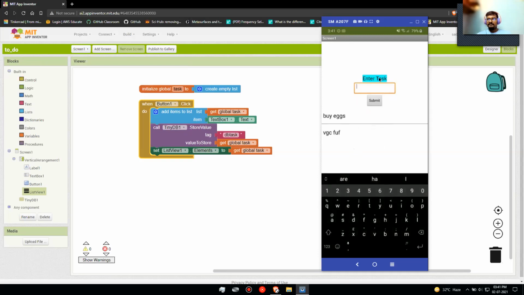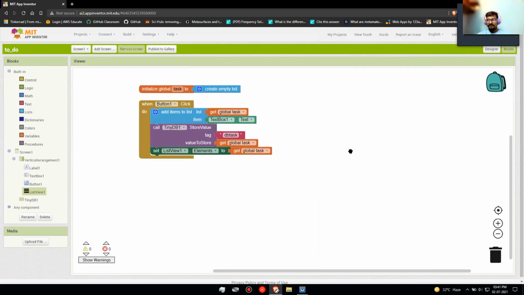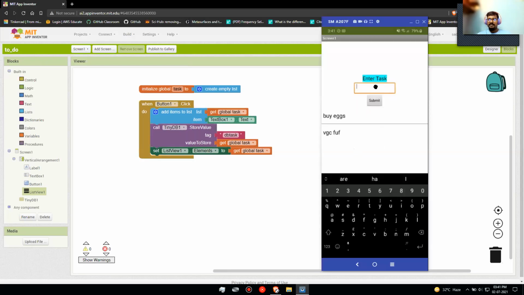So we need to delete it to write the next one. Okay, so for deleting, we have to write a different code. First, we just see how that to-do list app basically works. So can everyone do this?